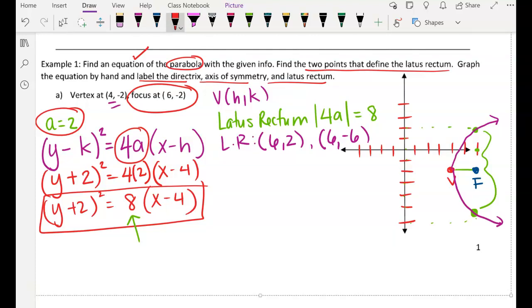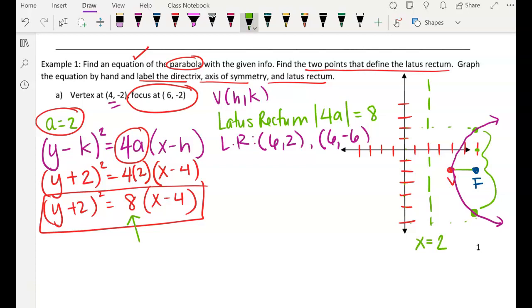And is exactly A units behind. So because A is 2, the directrix is this one right here, and yes, we have to label it. It's crossing over the x-axis, so that's going to be x equals 2. And so let's go over here, directrix,